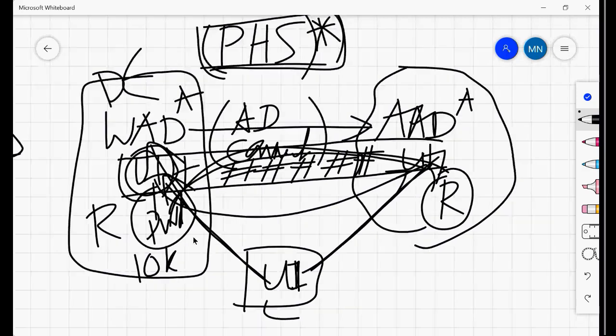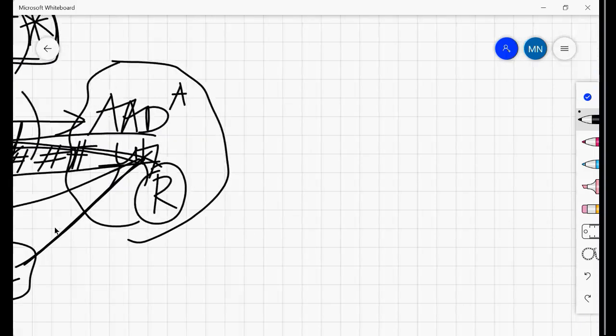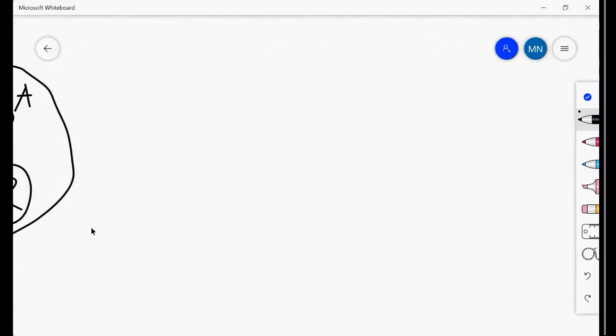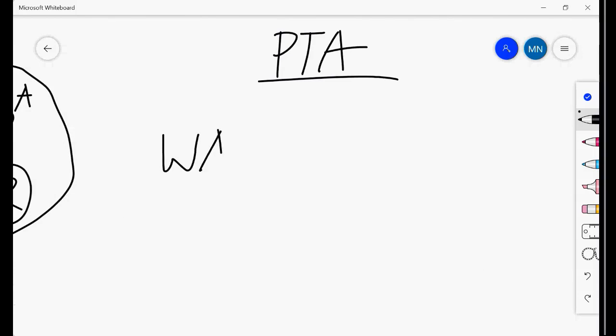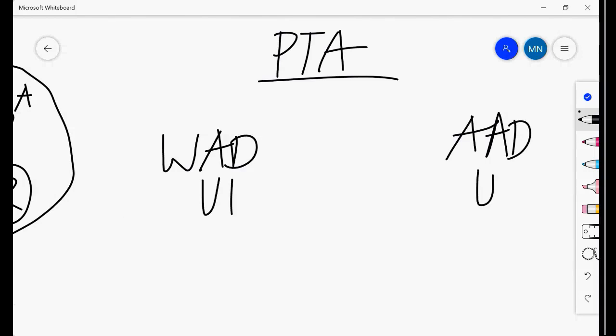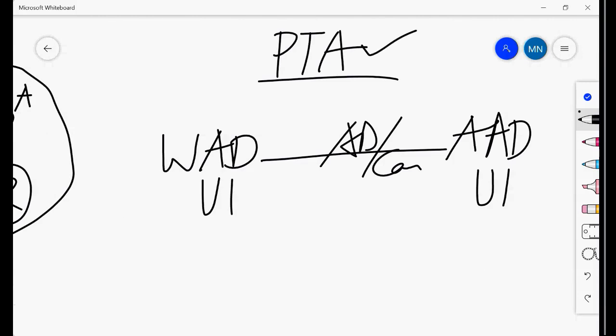And in the same way, if you want to go with the other model, PTA, we call it pass-through authentication, right? And in pass-through authentication, you have Windows AD and you have Azure AD, right? And user 1 is there in both, which means you have already implemented AD Connect. Now if you choose this model, what happens is user 1